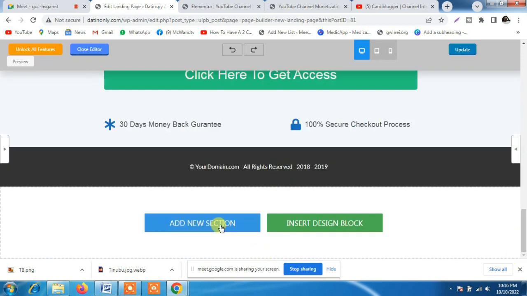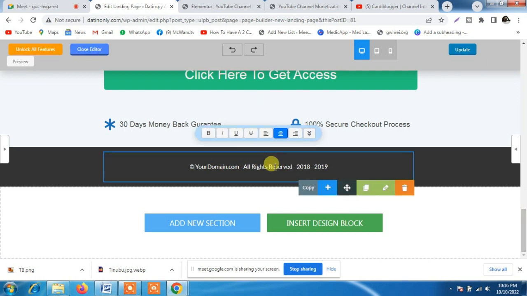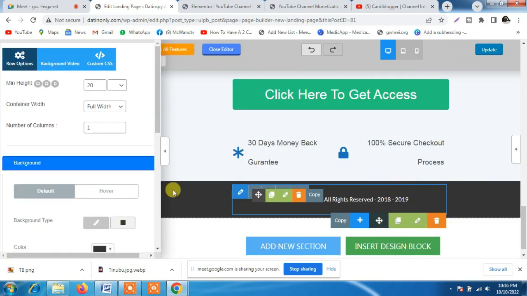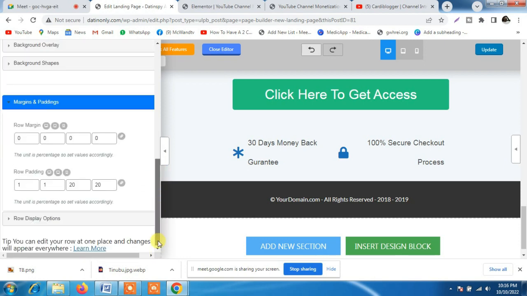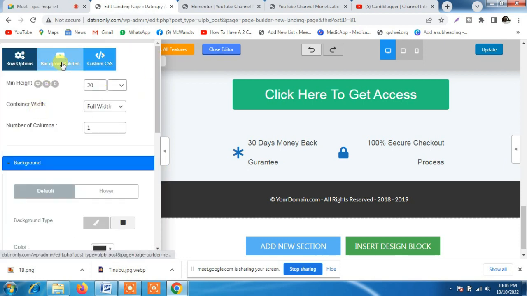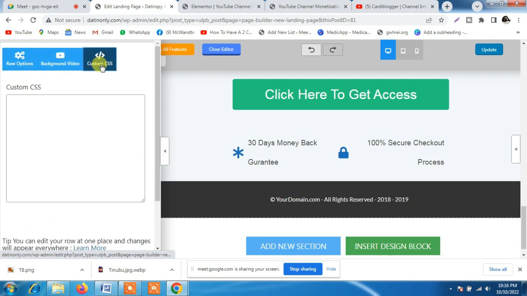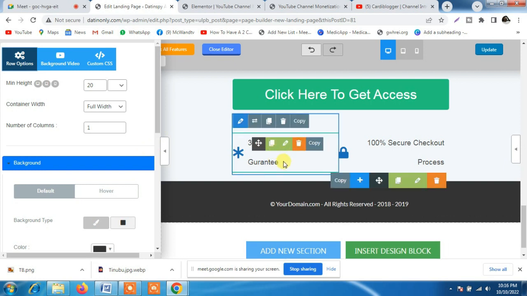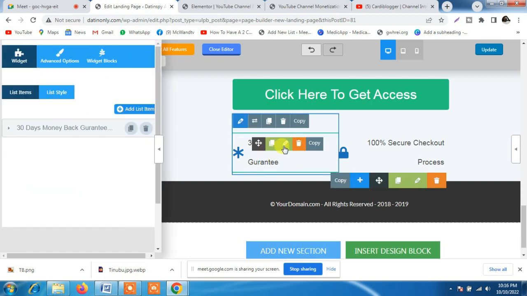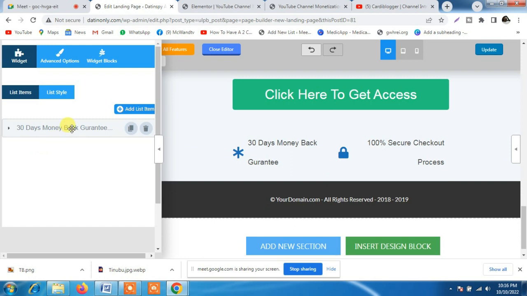You can add a new section, you can add a new design and all of that. You can just click here to change all of these things. You click to edit, and then you just need to put in your own words. You edit everything, put your custom background, video and the rest. You click here, you can edit this text. You come here, just duplicate or you edit